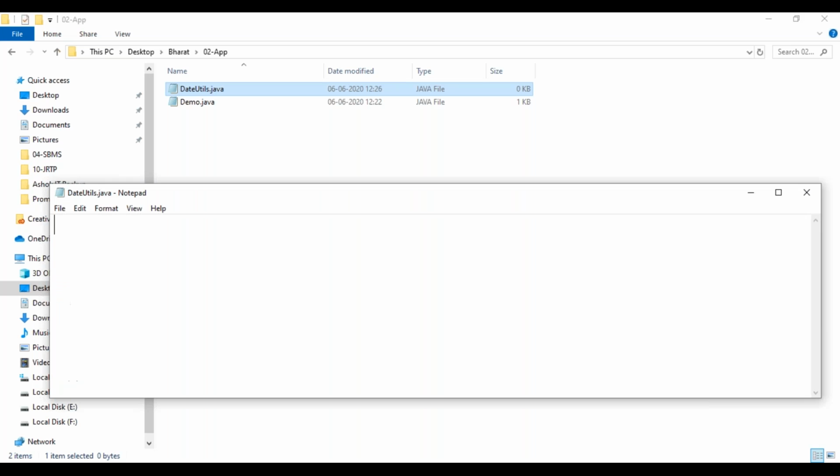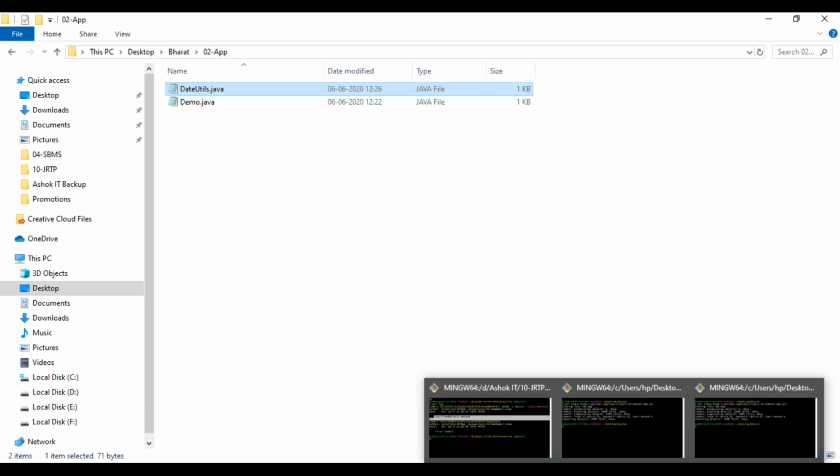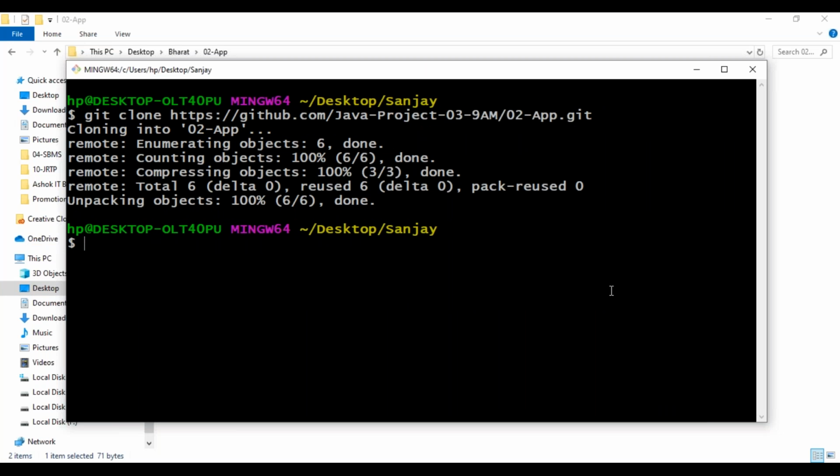Let me write some class here: public class DateUtils, public void convertToDate, some method. Now this file is created by Bharat, who is developer 3. Now let me close all git bashes. I need to talk about these 3 operations now.